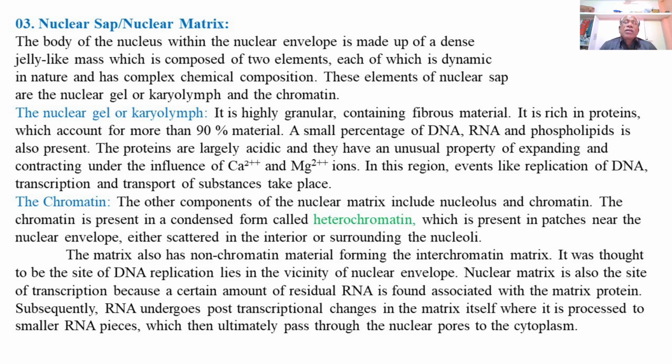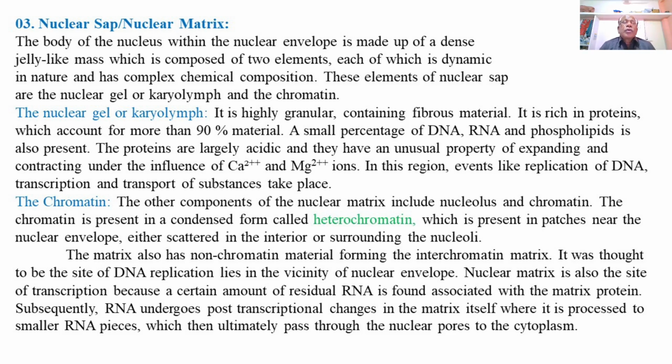The proteins are largely acidic and have an unusual property of expanding and contracting under the influence of calcium ions and magnesium ions. In this region, events like replication of DNA, transcription of mRNA, and transport of substances like different proteins or enzymes